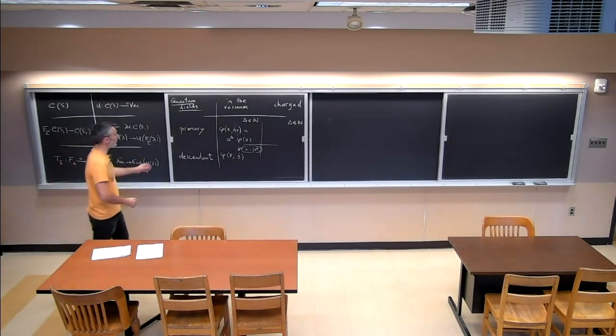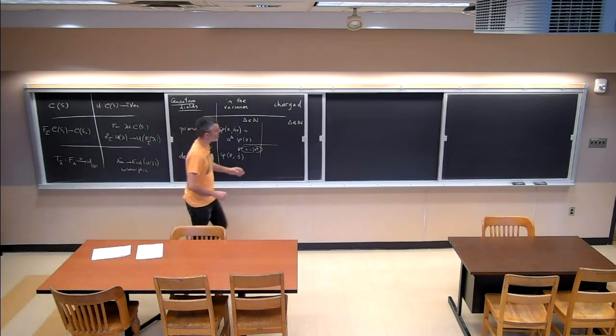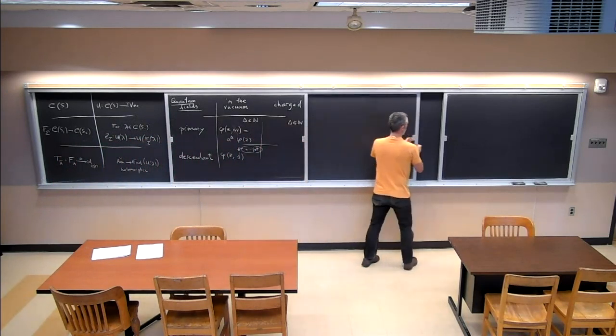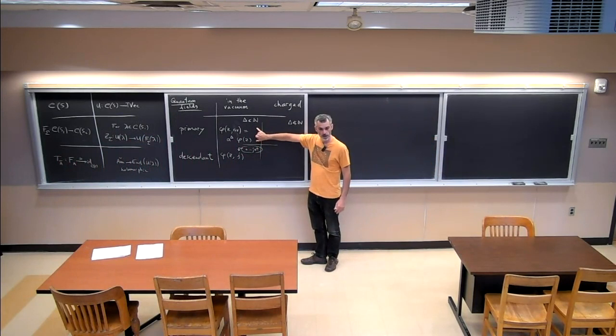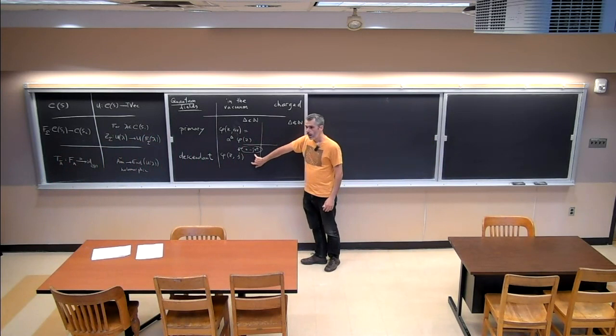So how does it work? Unlike these, which can be nicely axiomatized, where I wrote a definition and then there's a theorem, for descendants you could try to do something like that, but it's better to think of it as being a constructive thing. I start from a vector